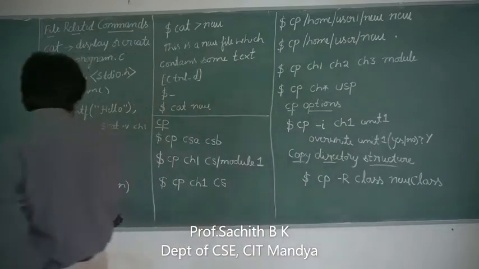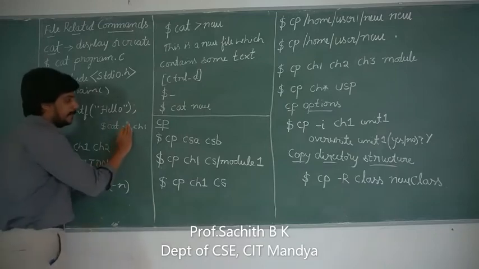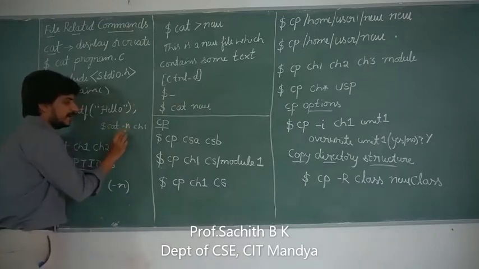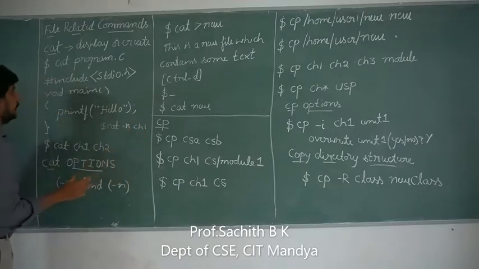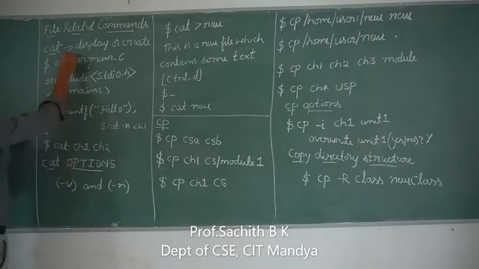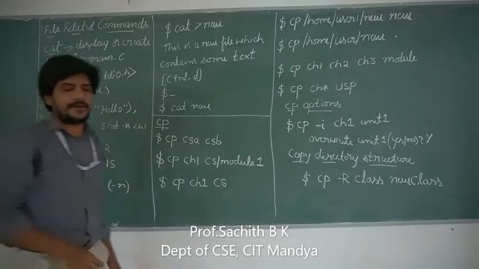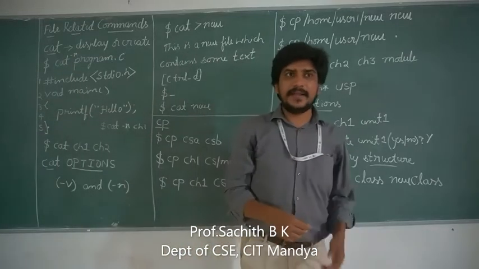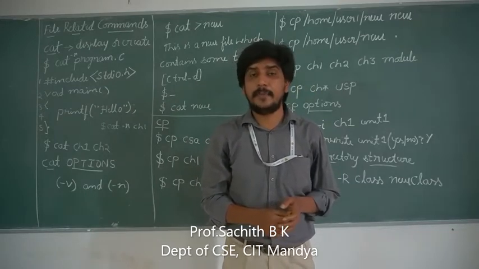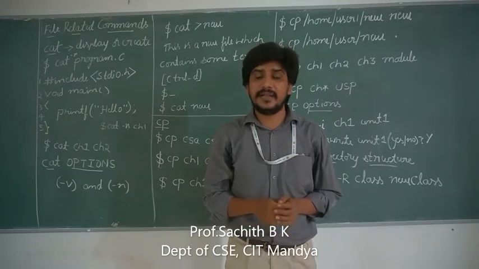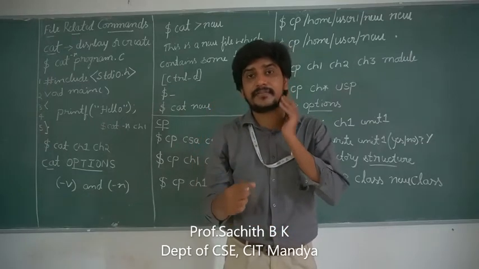There is one more option called -n. What will -n do? This -n will number your file. As you can see here, this particular file is displayed, and when I give cat -n program.c, it will number this file, numbering the lines 1 2 3 4 5. This line numbering will be very much useful whenever you are debugging a program. To know which particular line has an error or a warning, this line numbering plays a major role.